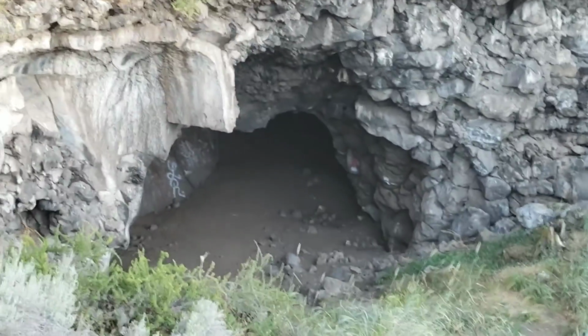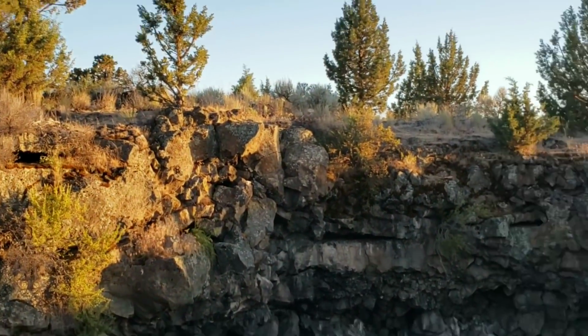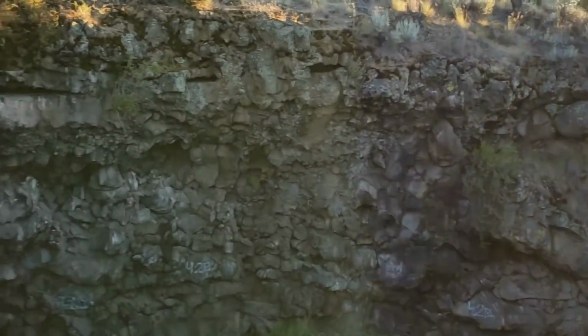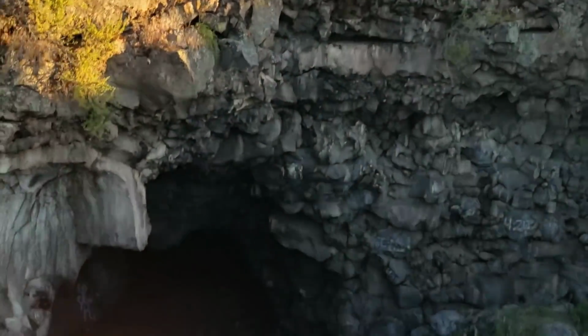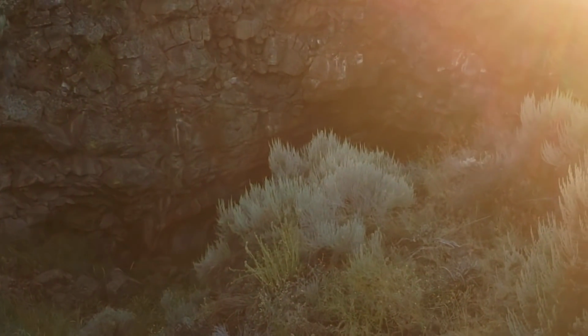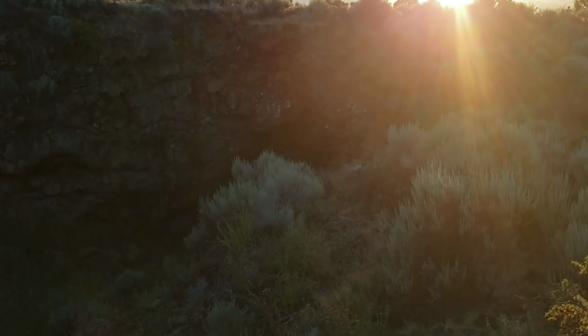Now you have here one of the best lava tubes, aka lava caves, in all of Northern California. Basically, it's created as the outside cools while the lava is still moving inside. So this whole thing was a moving mass of liquid rock, and the outside cooled while the inside was still hot enough that it kept moving, and basically forms a tube that goes about, I don't know, maybe another mile